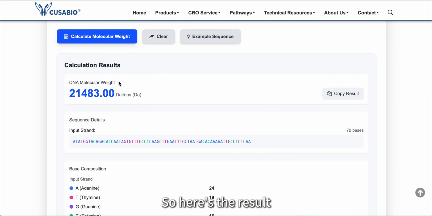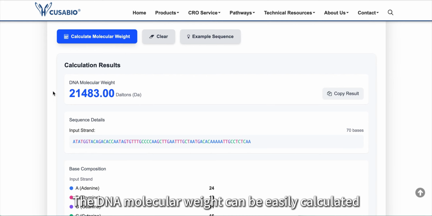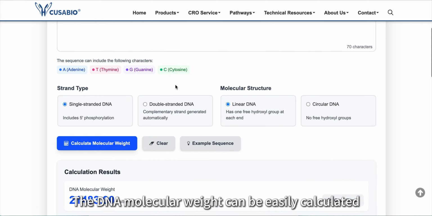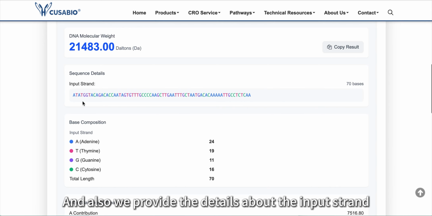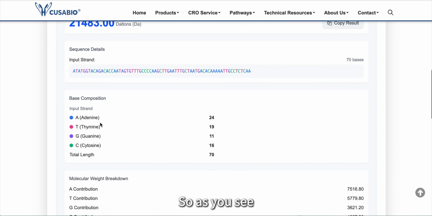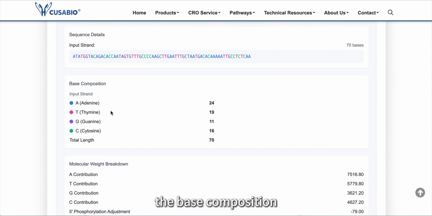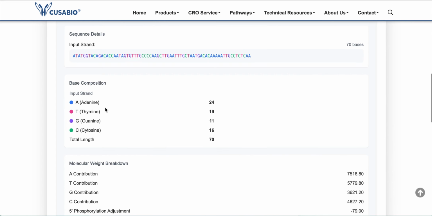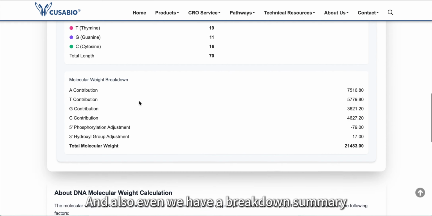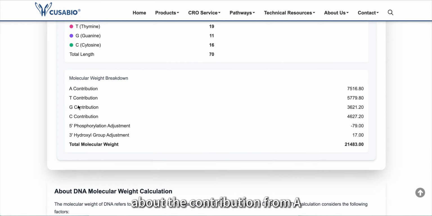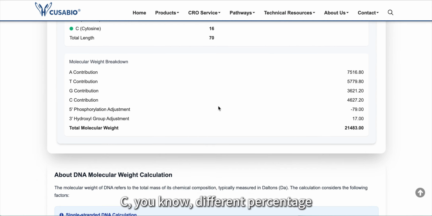So here's the result. The DNA molecular weight can be easily calculated in just 1 second, and also we provide the details about the input strand. As you see, the base composition, like how many adenine, thymine, guanine, cytosine, and also the total length of the DNA sequence that you input, and even we have a breakdown summary about the contribution from A, T, G, C,